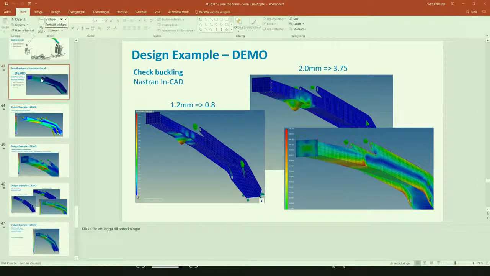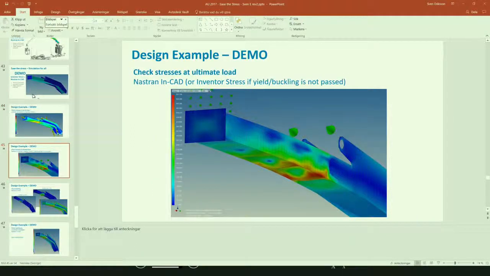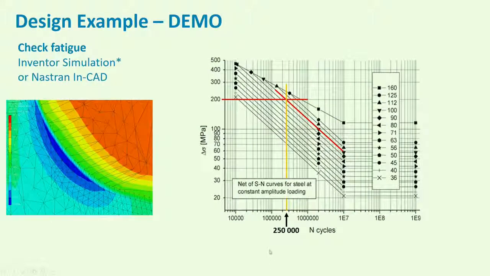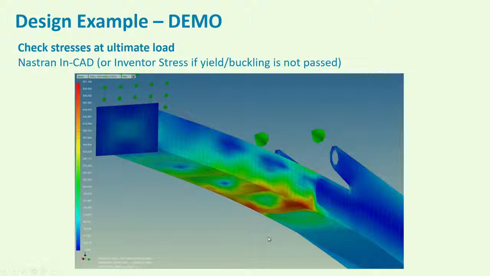So what we did was we had the problem, we made a linear static analysis inside the Inventor, and we got stress results. Not as accurate as you might want, but by refining later we could see what happened. And we could make a nonlinear static analysis, and by that make a check of the ultimate load. If you have a collapse scenario or something, we can make that one inside Nastran In-CAD or inside Inventor